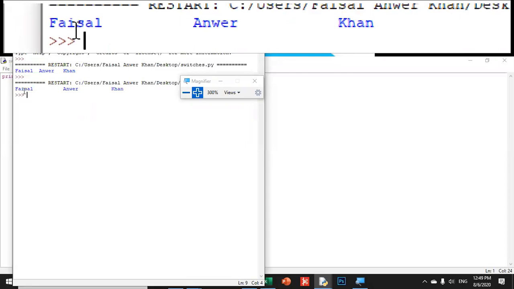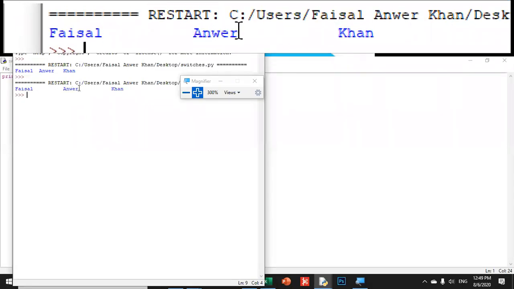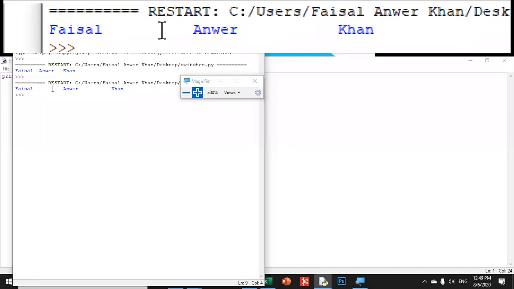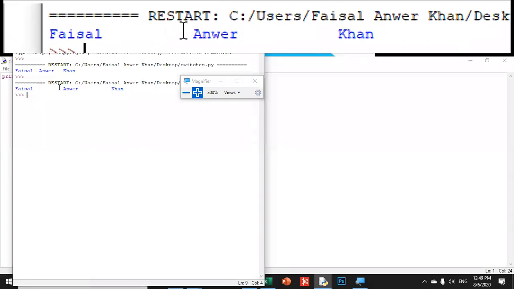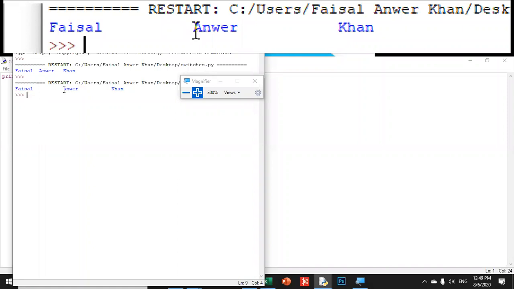Now you can see that Faisal, a huge gap, Anwar, and then again a huge gap with Khan. So that is the role of the backslash T switch in programming. It gives a minimum half inch or one tab gap between two data items or between two words.